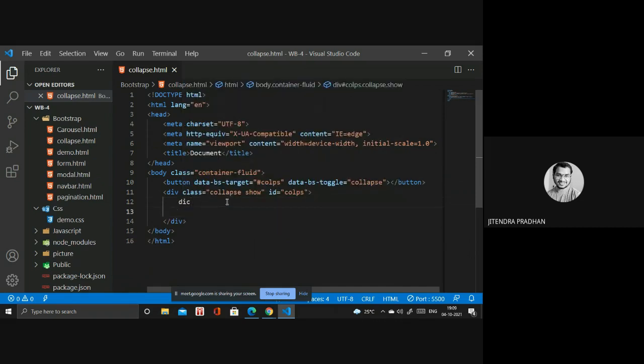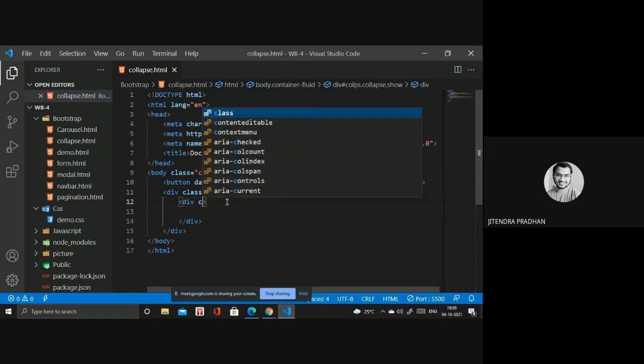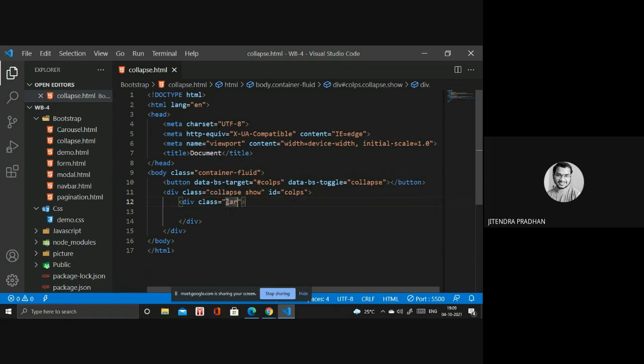Next we need another div, with class card, and we require a card header inside.